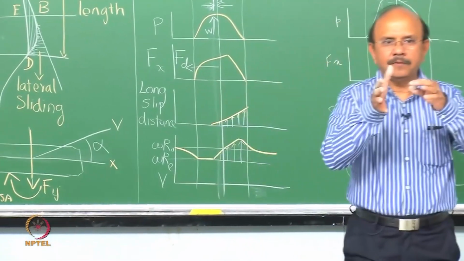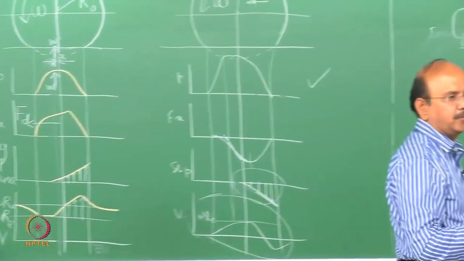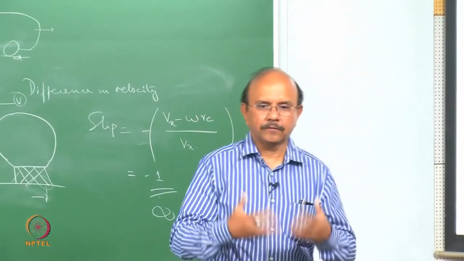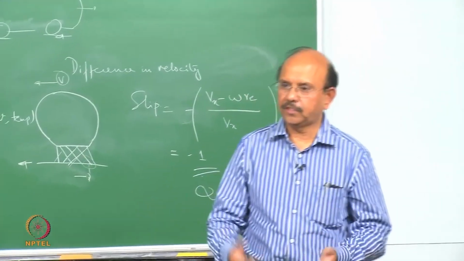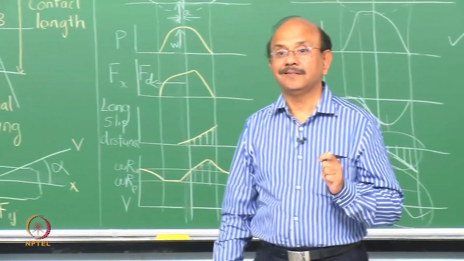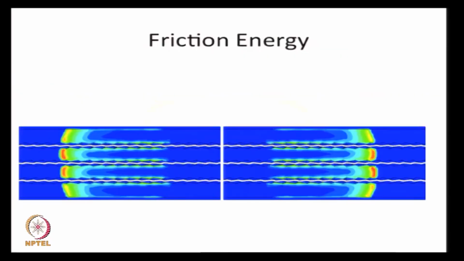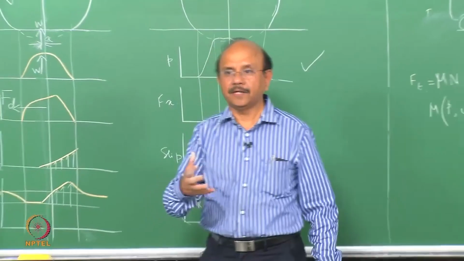right? So there is a slip, and force multiplied by that displacement gives the work done by this friction, or friction energy, which is responsible for wear. In other words, the interesting point I want you to note is that all that friction energy is concentrated at the rear of the contact patch. So on either side, it is concentrated at the rear of the contact patch,